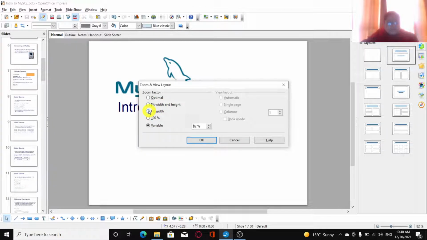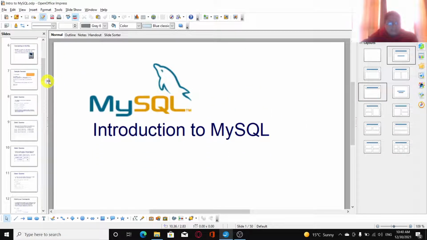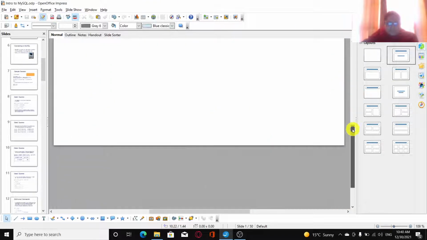There is another, that is fit width, that is you don't much care about the height of the slide here, only the width should be fit. We can click on fit width and it only allows us to fit the width. From the sideways you can see that the slide fits inside this workspace, but for the height you have to scroll up and down.